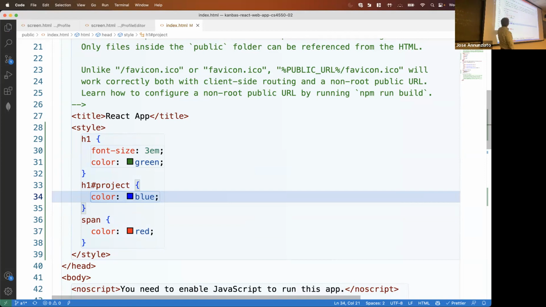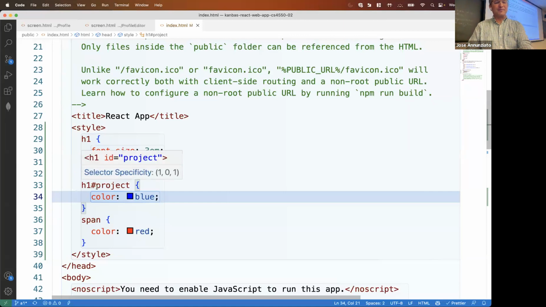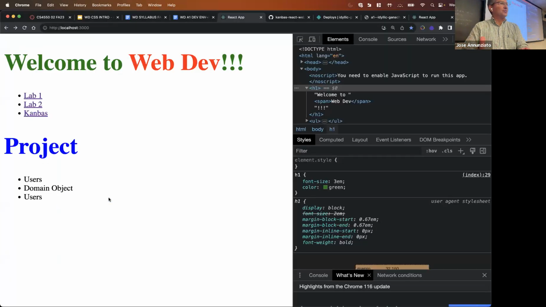It says, I'm looking for, this one says all H1s, but this one's more specific. I'm saying not all H1s, the one single H1 who has the unique identifier project, right? And we know that IDs are meant to be unique within the same HTML, yes? So this has to be the only H1 that's going to have blue, yes? Yeah, exactly. Very good. So excellent question. So for instance, project here is being changed to blue,